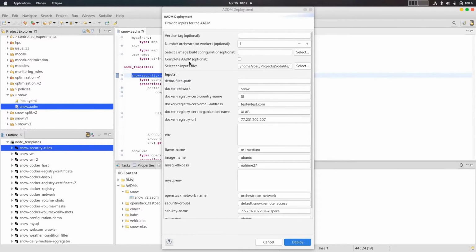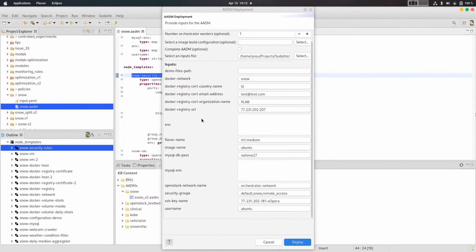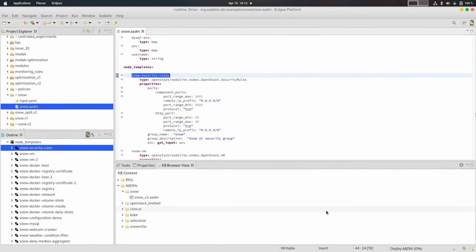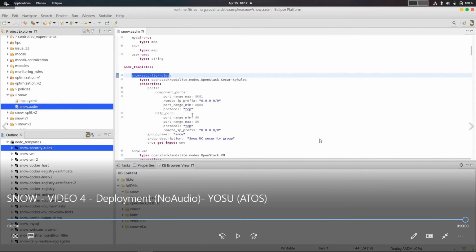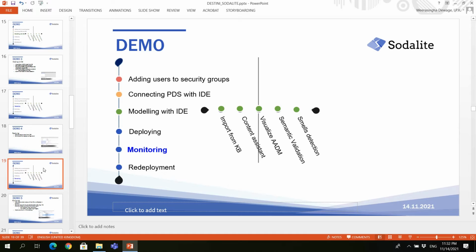From that file, we automatically populate all the fields. You can see the deployment progress. Once the application is deployed,